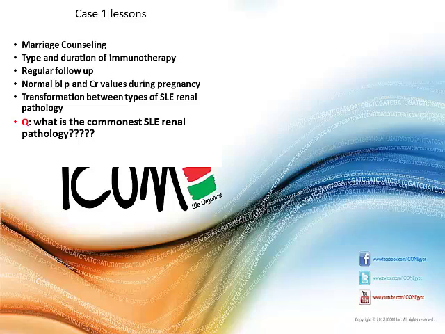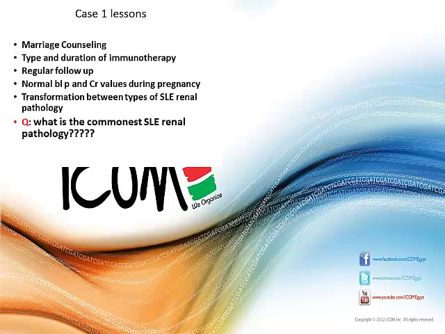Number 2 is the type of immunotherapy. And this is a trouble with lupus all the time. Lupus is a disease where, in a multiple choice question, anything that comes yes or no, say yes. And it can be very fooling. Someone comes with very mild disease and gets minimal immunosuppression, and they become very sick. The point that they write here is that when lupus affects the kidney, usually it's early, within the first 5 years. It's quite uncommon to see someone with lupus with extrarenal manifestations 20 years later having significant renal disease. That could happen, obviously, but usually they come early. So don't be fooled with that.